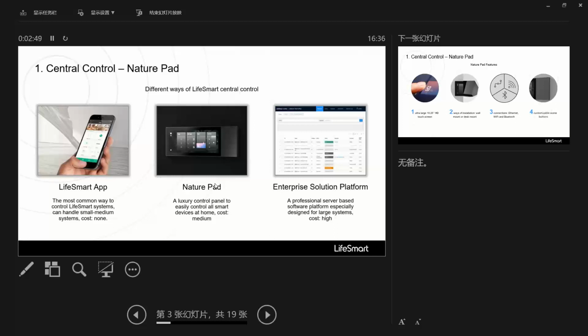And using the LifeSmart app to carry out the central control can only deal with small or medium systems, and the cost of using the LifeSmart app is nearly none. The second way, different from the mobile app, is that the customer can also use the NaturePad to do a very easy central control. It provides a touch screen which you can operate directly, and this NaturePad can support almost all LifeSmart products,